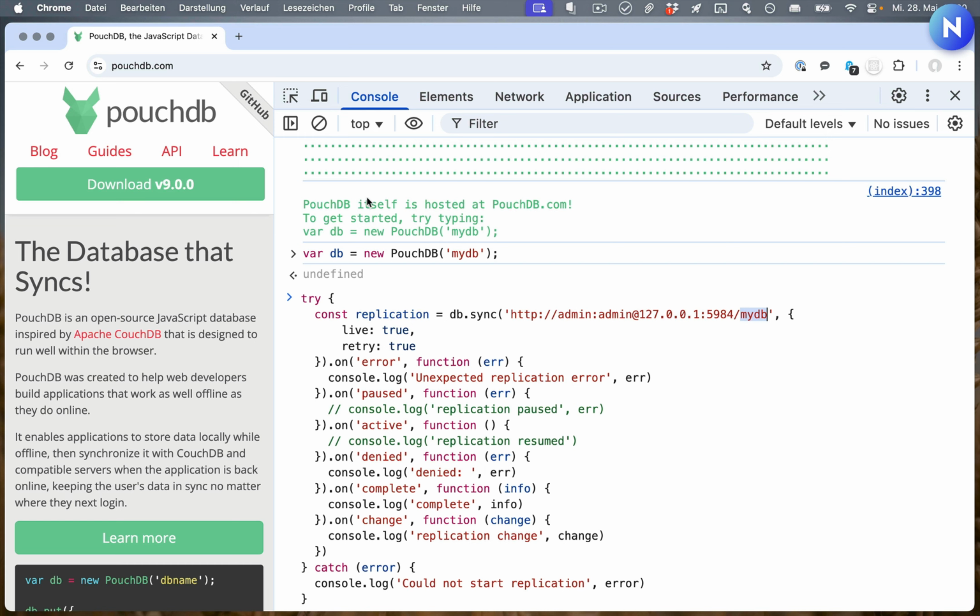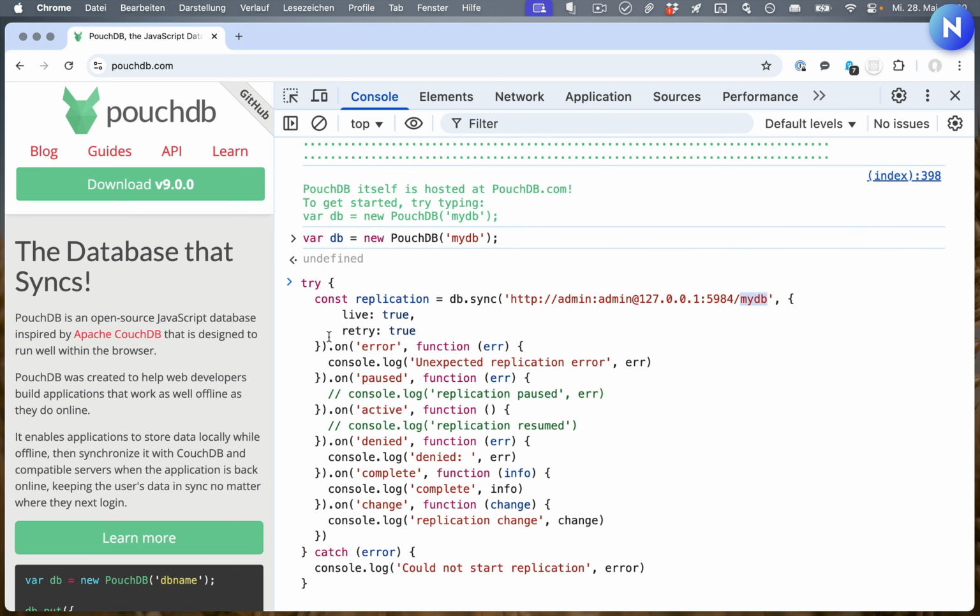This replication is also live, meaning that it's ongoing and not a one-off, and retry is true, meaning that it will attempt to reconnect periodically if the network connection goes away. As you can see, the replication emits loads of events you can listen to if you want to monitor things, but that's entirely optional. I've also commented out 2 of them, paused and active, because they tend to get a bit too spammy for a demo like this.